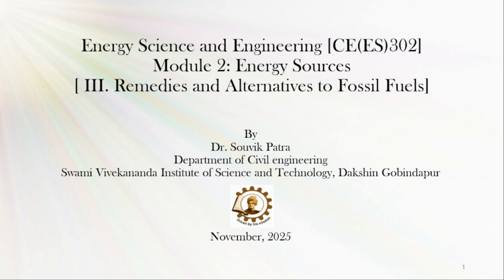In the previous lecture of Module 2, I have discussed what fossil fuels are available, mainly your coal, oil, natural gas, oil shale and oil sand. Also, I have discussed the negative impact of harnessing energy from such sources. That is basically air pollution, water pollution, and depletion of resources, because these fossil fuels are finite resources. So in the present lecture, I will discuss the remedies and the alternatives we can select for a sustainable environment instead of fossil fuels. So let's begin.